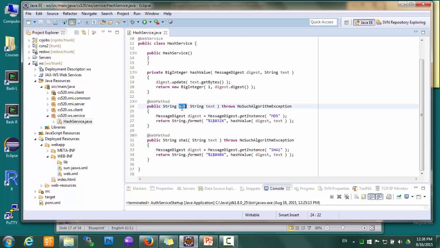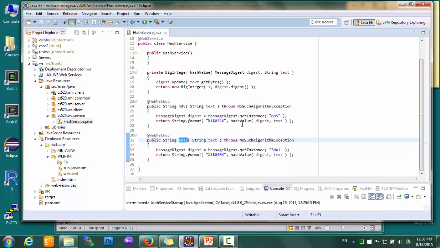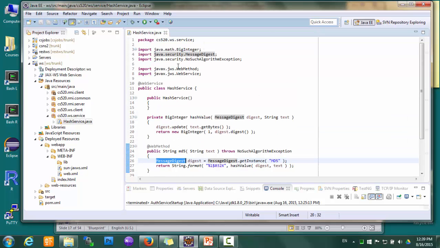One operation is called MD5. It will take a string and encrypt the string using the MD5 algorithm and return the encrypted text. And the second operation does similar things, except that it will encrypt the string using the secure hash algorithm 1 or SHA1 algorithm. I can implement those two methods like this, and it's using this MessageDigest class provided by